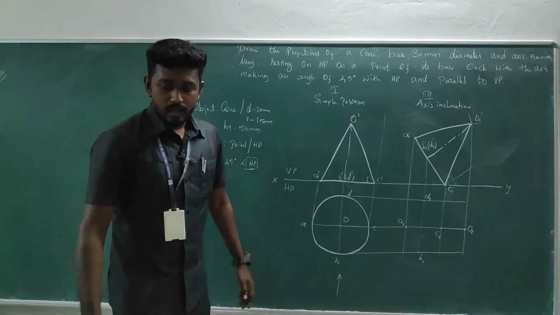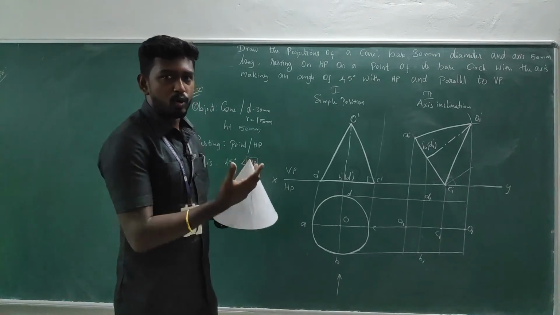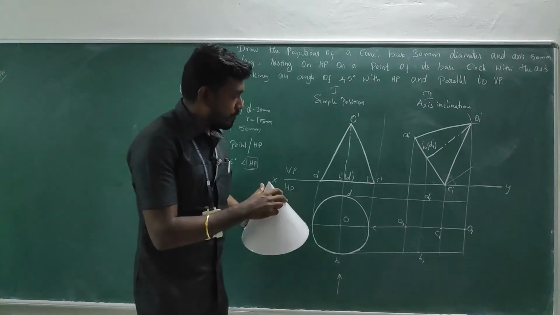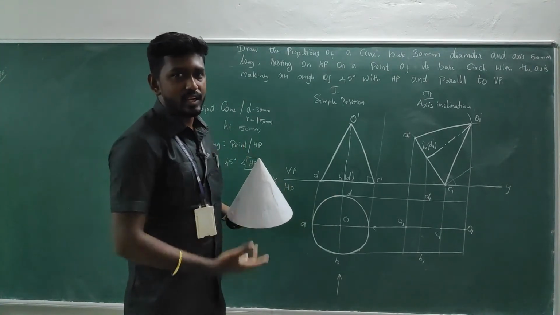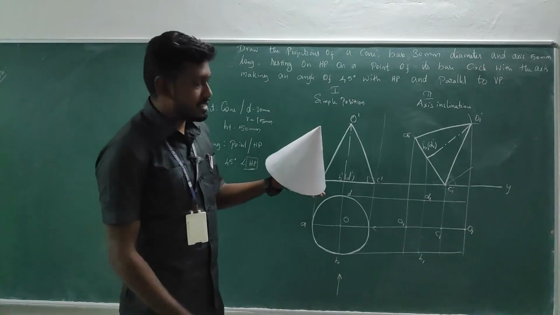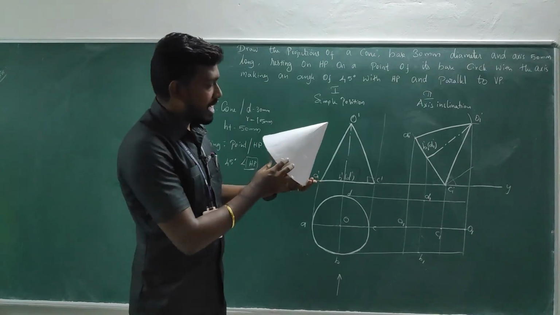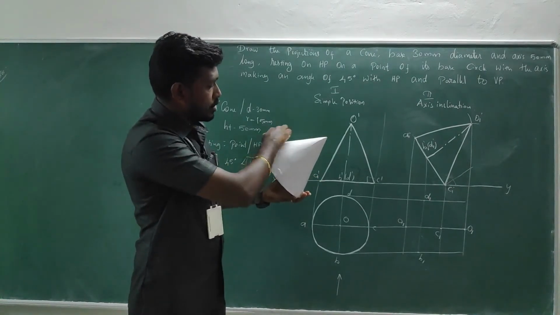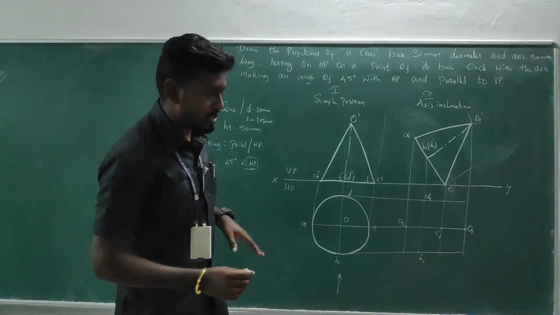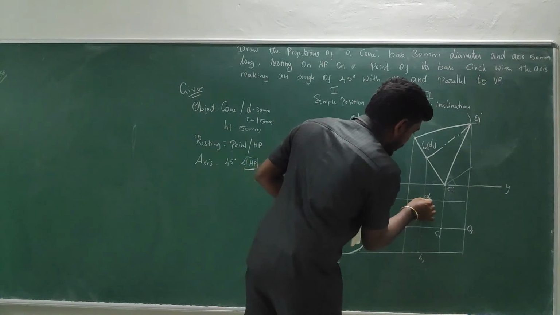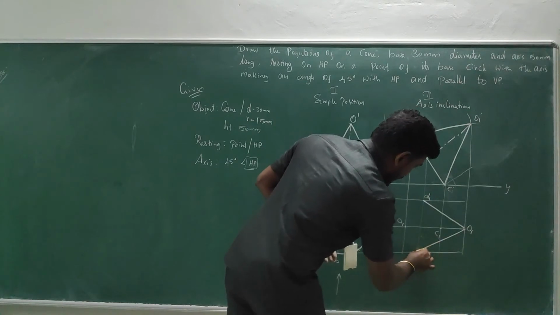What is the first step? I would insist the boundary should be closed, right? So without any confusion, you can make all the outermost points a dark one. Here we have to consider this a circular object. The base of the object is a circle. So when you are identifying it, the topmost and bottommost will be a straight line. So you can make the outermost edge, outermost line D to O and O to B as a dark line.